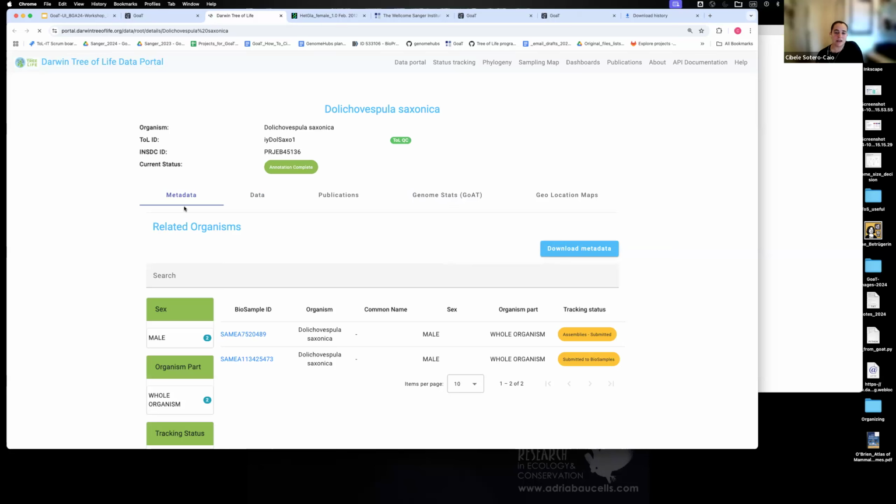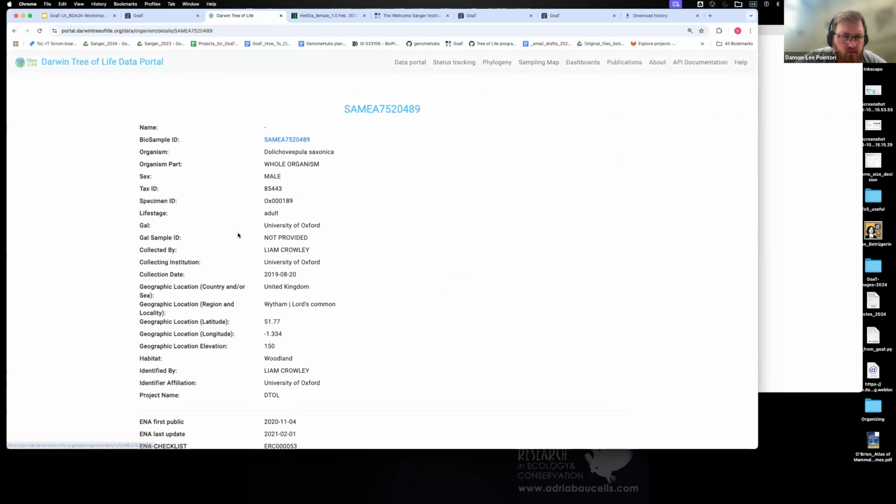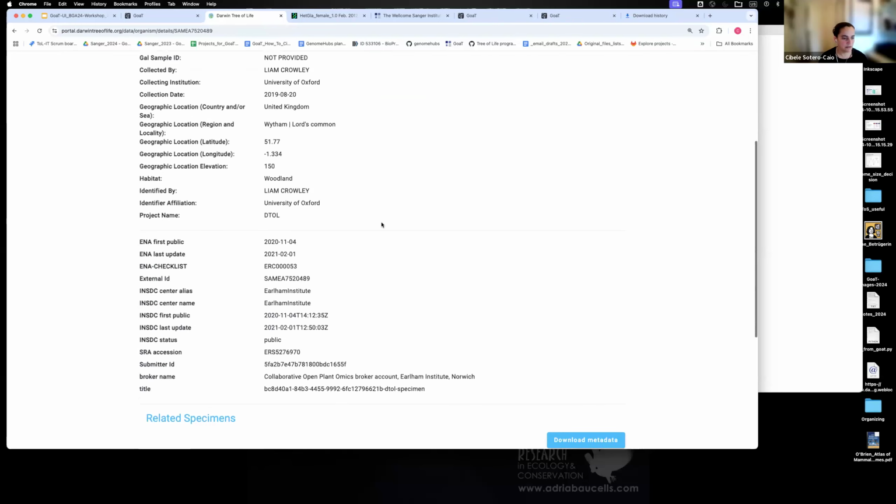In the future, we're going to be linking to the ToL portal directly, because then you can get all of the information in a single place. Here's more like things that have been submitted and are already open, but not the details of each data. Here's the biosamples, so maybe you get the full manifest.